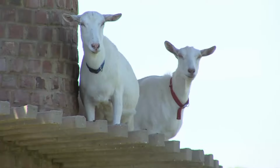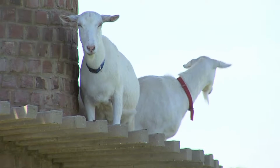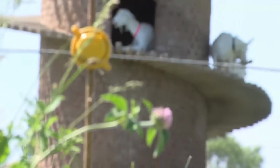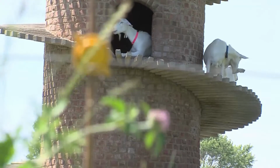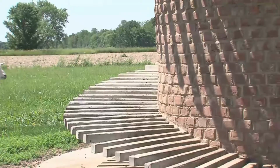Well, I would have never guessed in a million years that it would have been such a huge tourist attraction. And we didn't build it as a tourist attraction. We built it just as one of those crazy things. There was some leftover brick in the house, and I think he was just saying, what are we going to do with this leftover brick? Then he sees that picture, and then we ended up having to get more brick anyway because it took a lot more than...